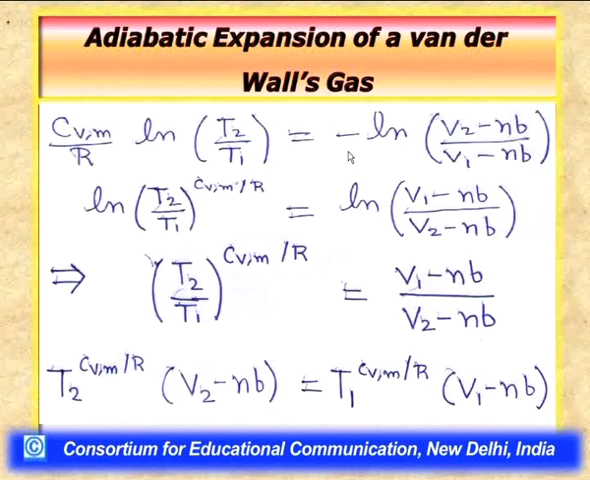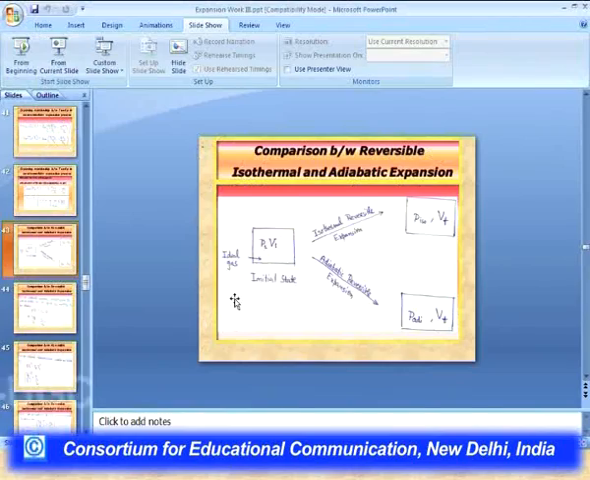Now, A log B is nothing but log B raised to the power A. Making use of that logarithmic identity, we can modify this equation as ln T2 by T1 times CVm by R equal to ln V1 minus nb by V2 minus nb. And therefore, taking the anti-logarithm on both sides, we get T2 by T1 equal to